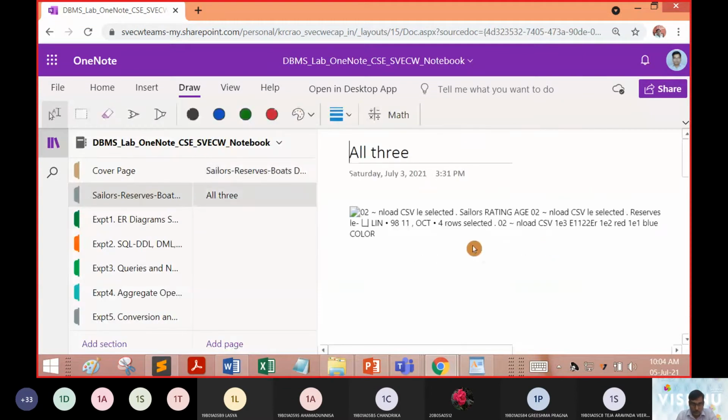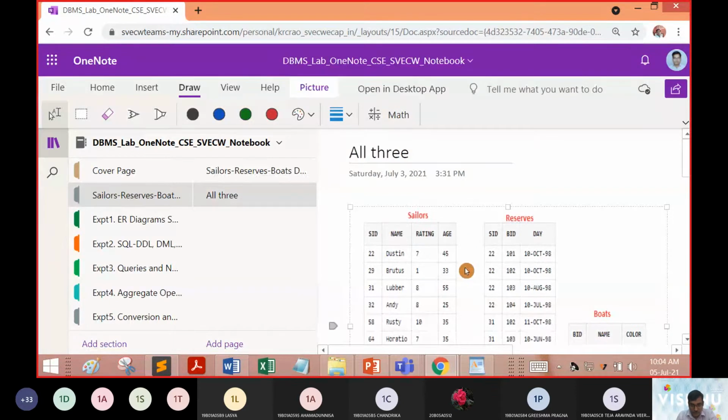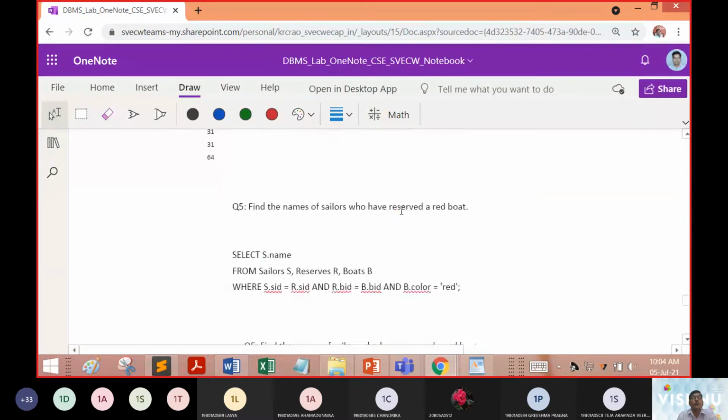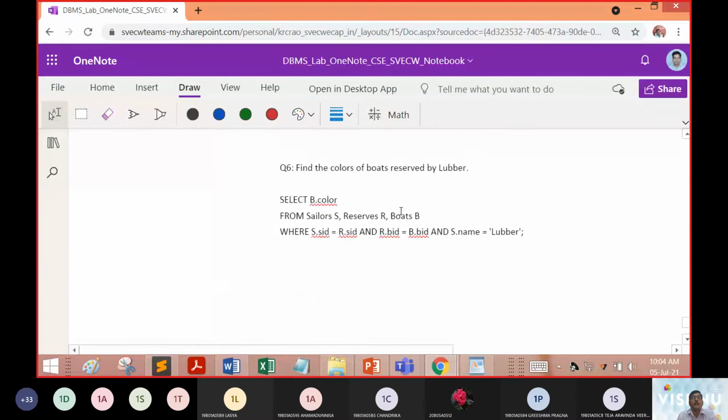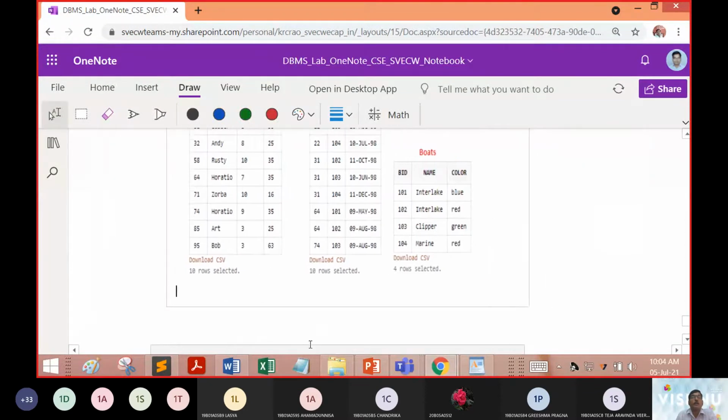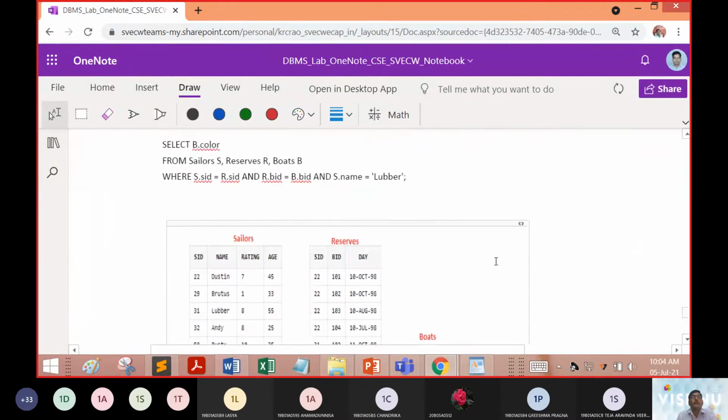So what will be the expected answer if this query is going to be executed? Now here is the query what we are going to expect. That is, Sailor name should be Luber.